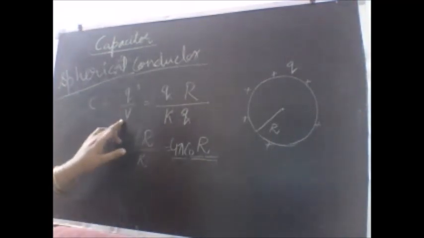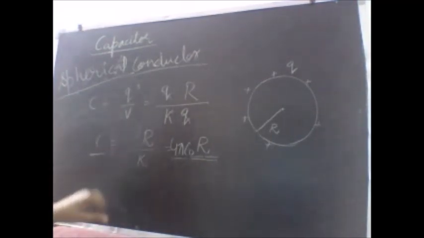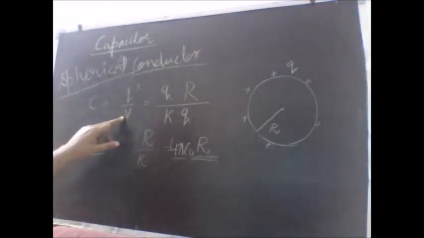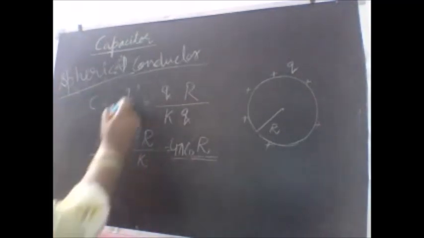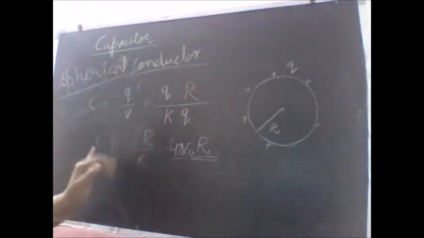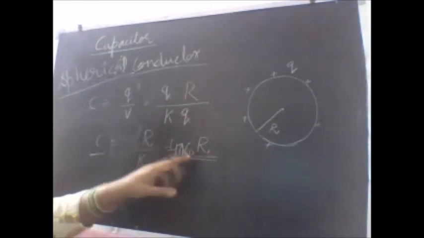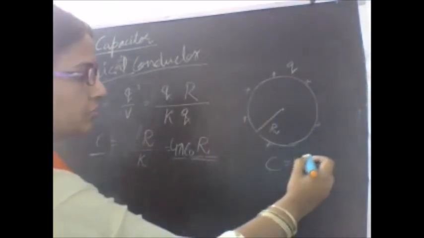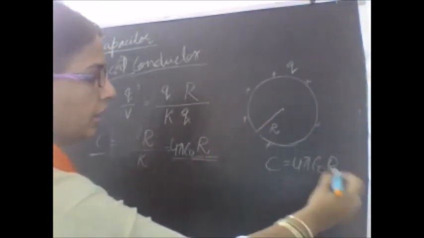But for the time being, in the exam the question may ask: does capacitance depend upon the charge? No. Does it depend upon the potential? No. Why? Because the two are interrelated. More charge means more potential, less charge means less potential, and the ratio remains the same. When we simplify it, we get the simple formula C equal to 4 pi epsilon naught R. It is an important formula. That means for this spherical capacitor, capacitance comes out to be 4 pi epsilon naught R.